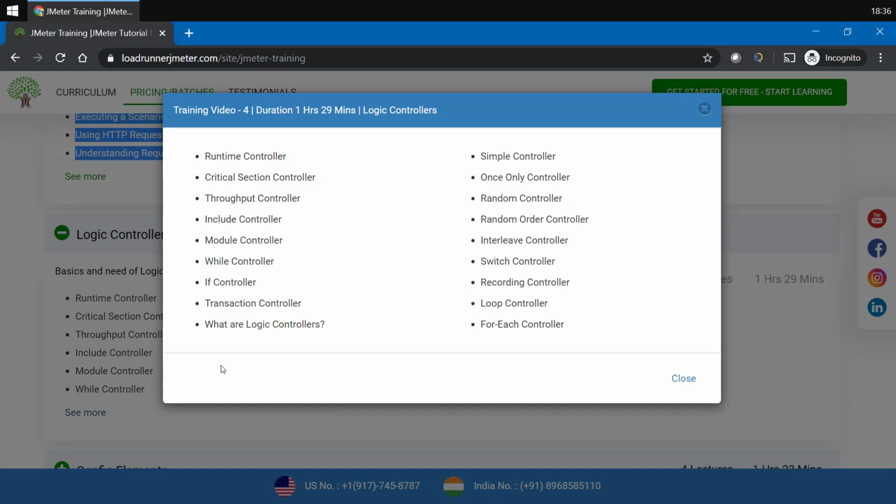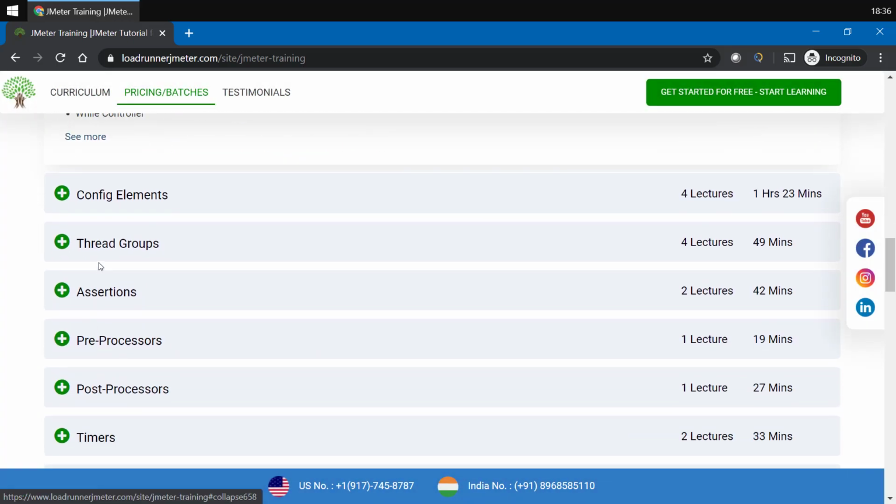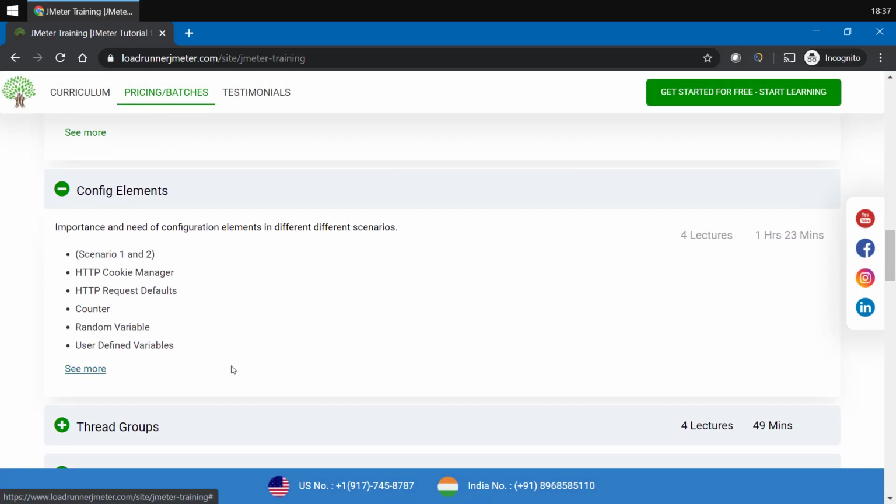So all these controllers are being covered. Now you may be confused about why we need these controllers. So everything would be covered in this particular section, which will guide you from zero to hero in controllers. Okay.